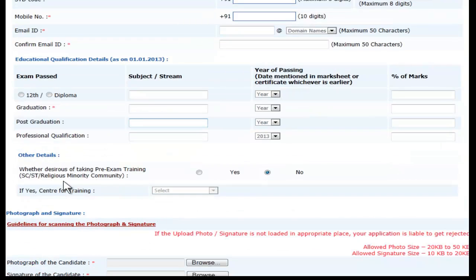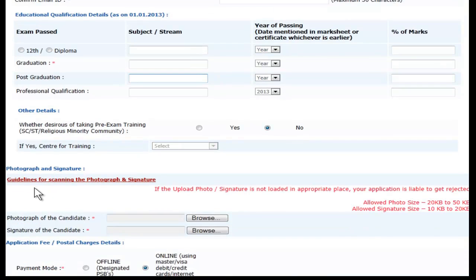And other details, like if you plan to take pre-exam training, this is specifically for SC, ST and religious minority community candidates. Also, if yes, there is a center of training. Now please click on this link for scanning the photographs and signatures. You need to scan the photographs and signatures as per details given in this link here.